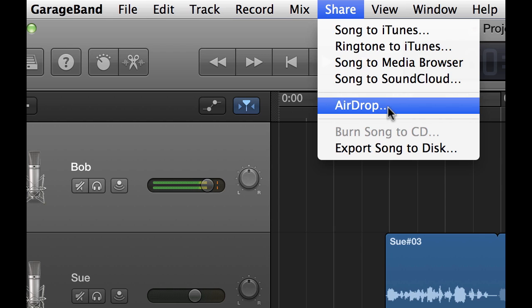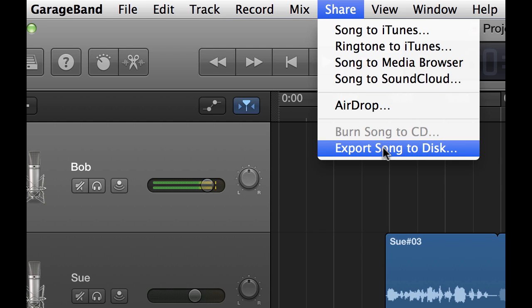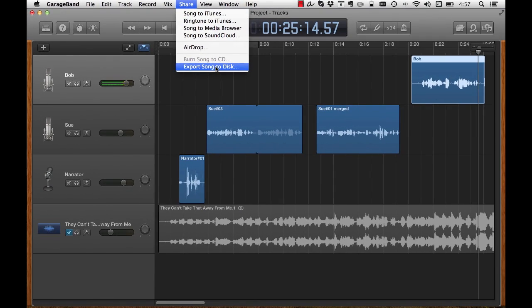But then both computers have to be on the whole time. Whereas if you choose this one, you create the file, then you can transfer it quickly. You can post it to your website, you can do lots of things. This is the one I find I use the most often. So just go to Export Song to Disk,